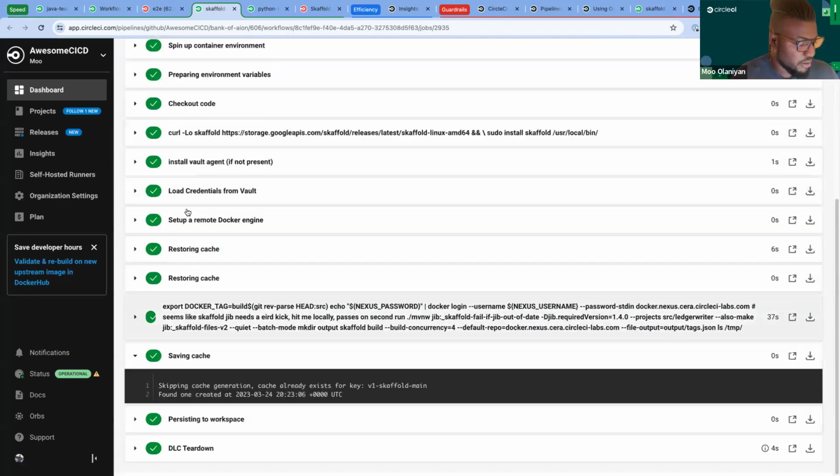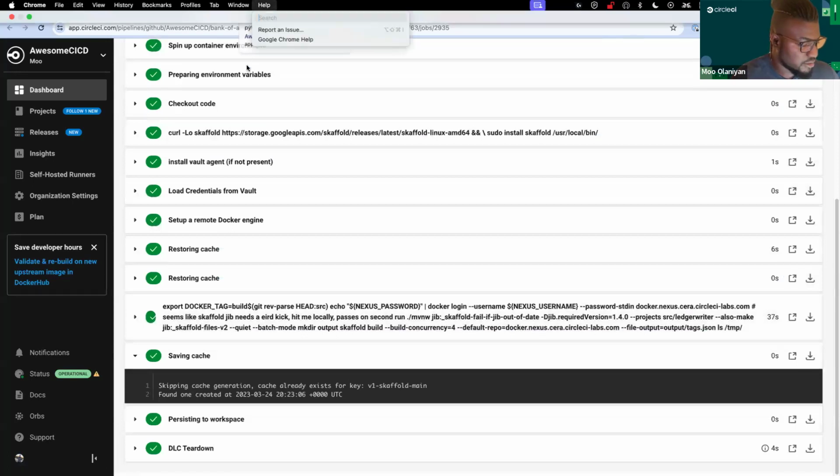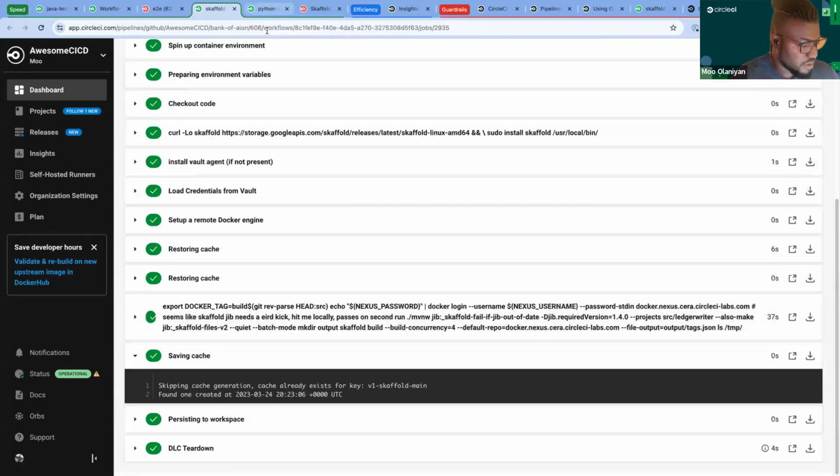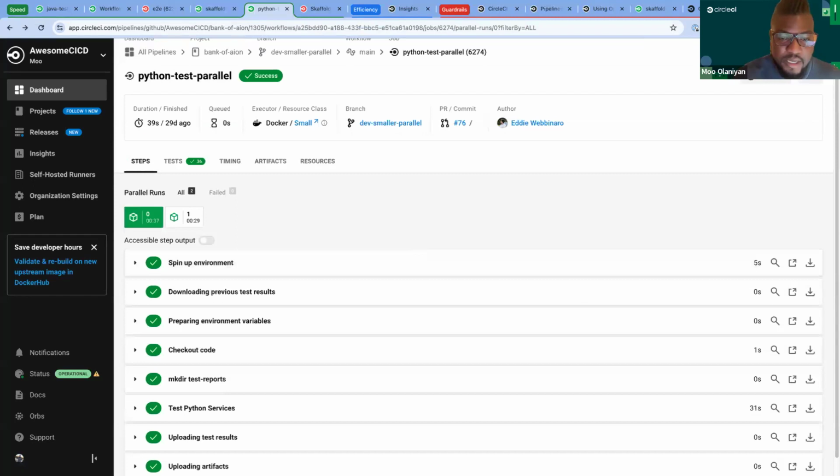The next one we're going to talk about is parallelism, right? We spoke recently about the things that CircleCI does to optimize the speed of your workflows. But what happens when we have large test cases that are very cumbersome and can slow down our pipeline significantly?